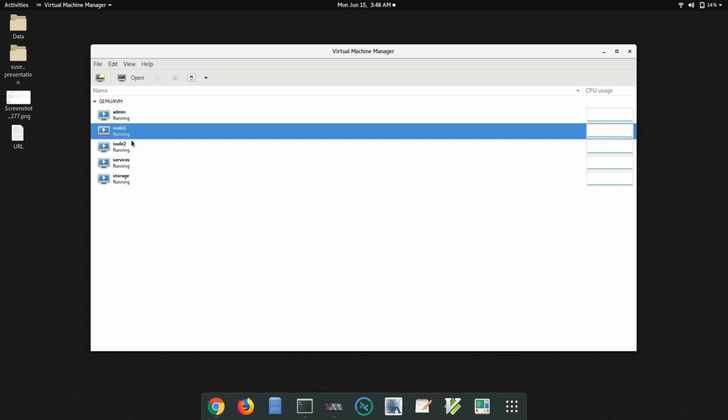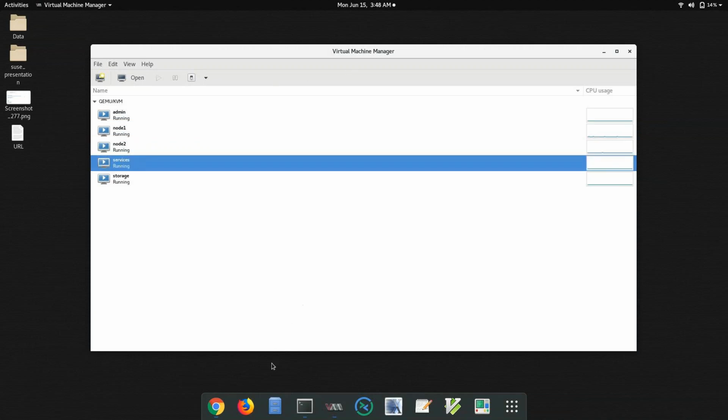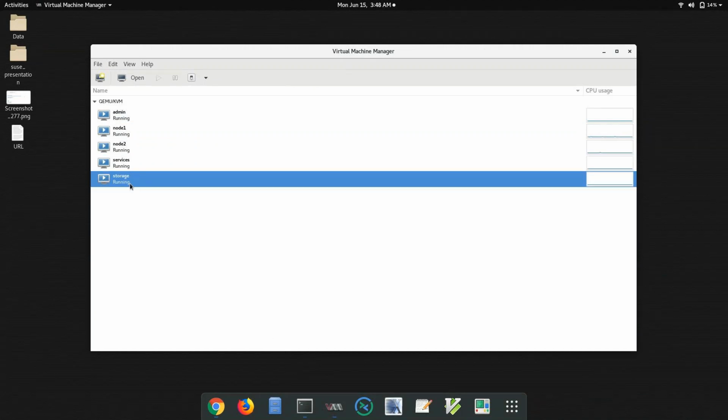It can be virtual, it can be physical. Here I have virtual machines because they are running inside KVM. The service machine is an infra machine, which is basically running DHCP, DNS and NTP kind of things. And storage is one of the nodes which exposes the storage in the form of a LUN. So I have iSCSI configured here.